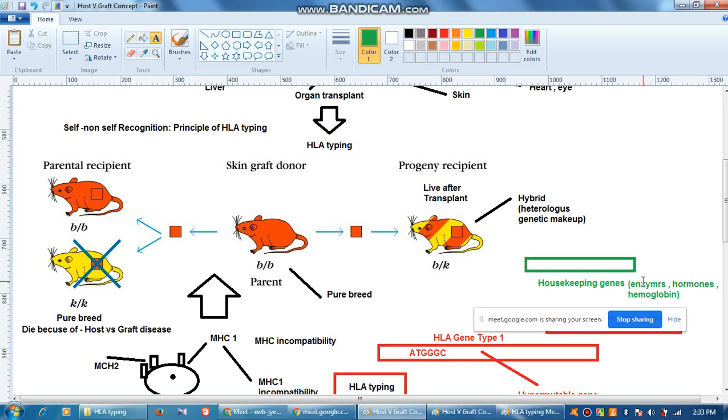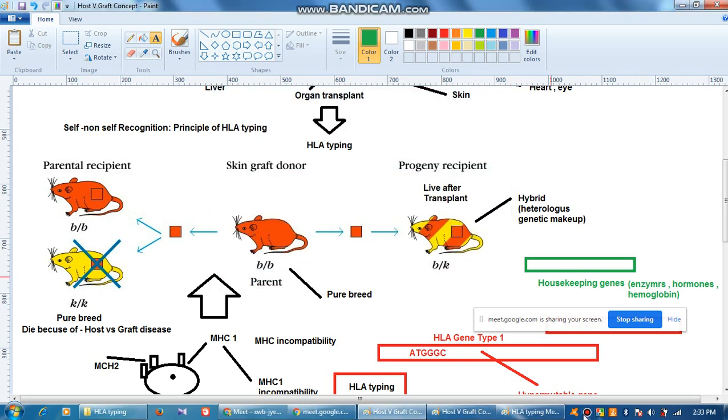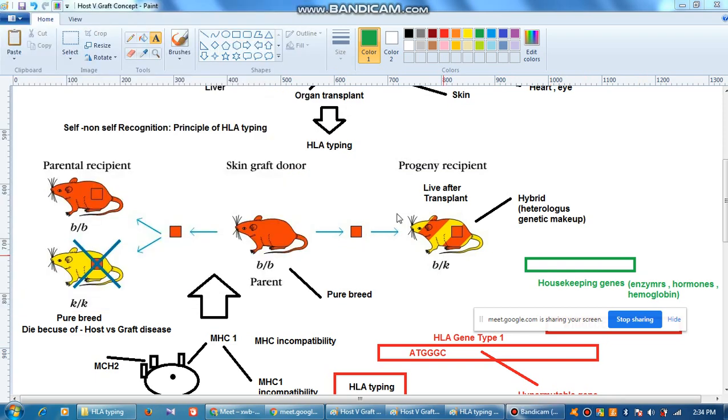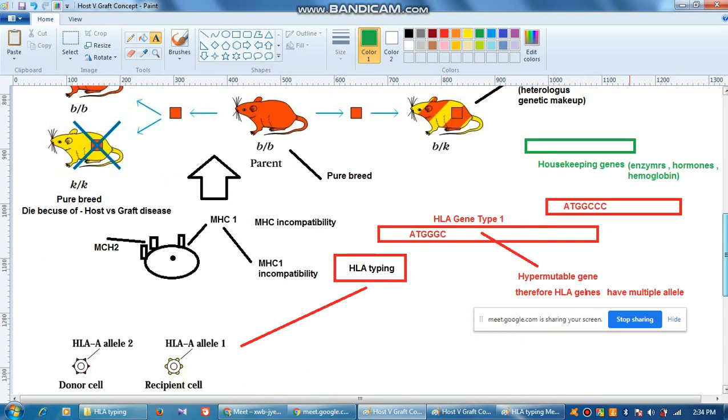So what will be the consequence? If you donate insulin to your friend, there will be no such problem if it is highly purified. Understood? There should be no other antigen in it. If it is highly purified, there will be no problem, and your friend can also use the same insulin. But this is not true for HLA.